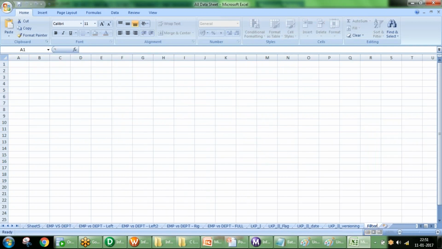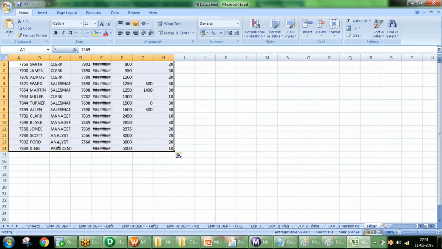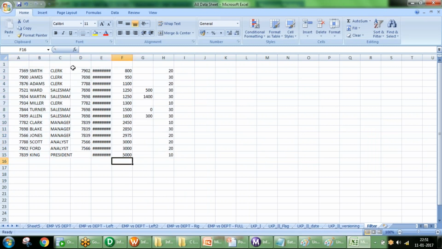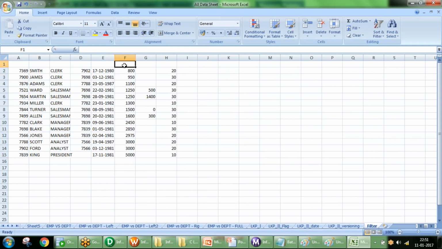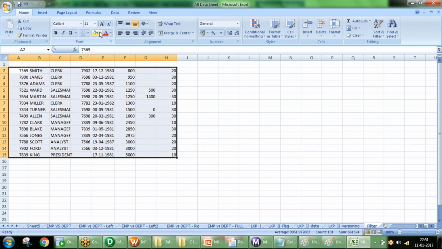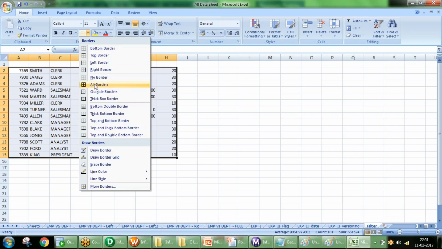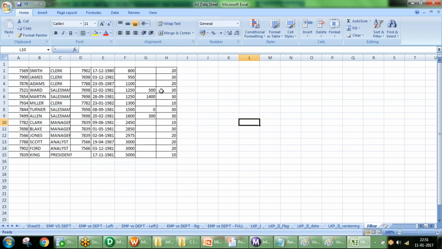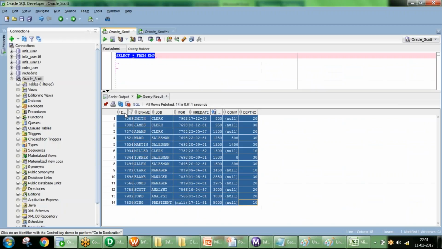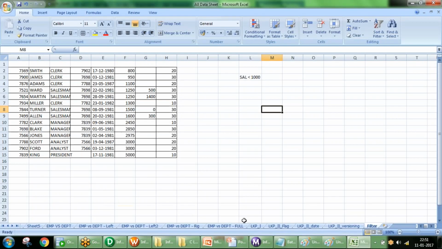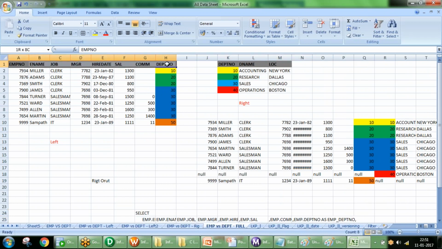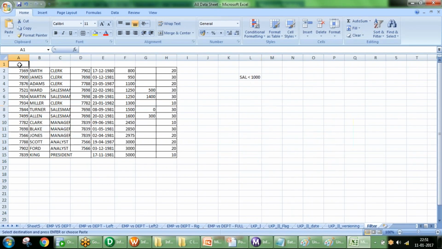This is the salary column. This is the data, and what are the filter conditions we have given? The first group filter condition is salary less than 1000, right? How many records do we have with salary less than 1000? 2 records. Yes, these 2 records match this condition.